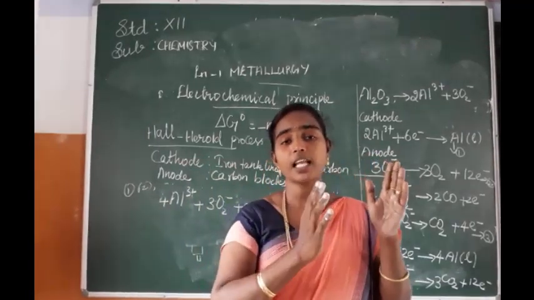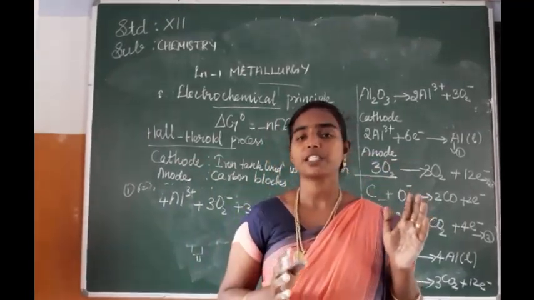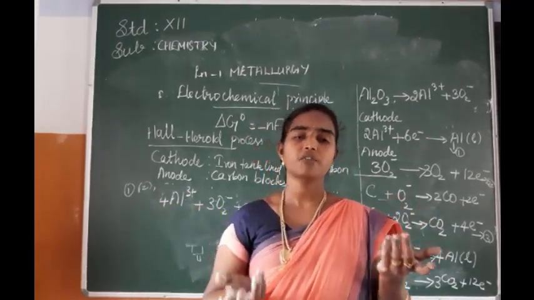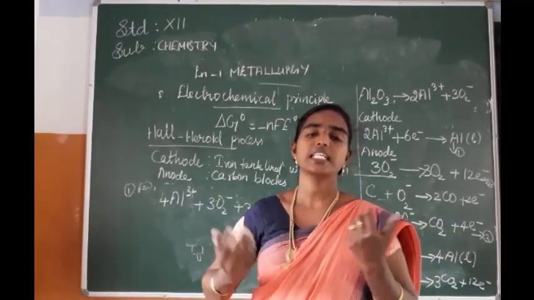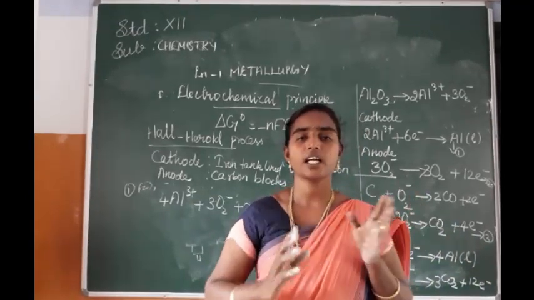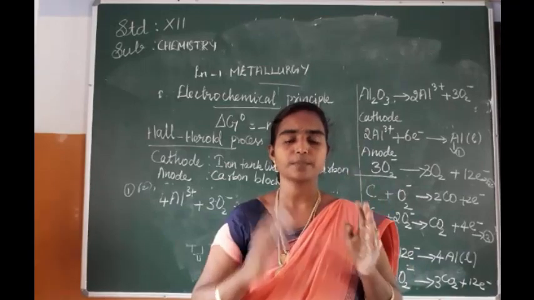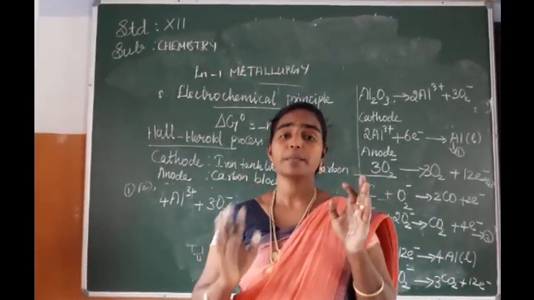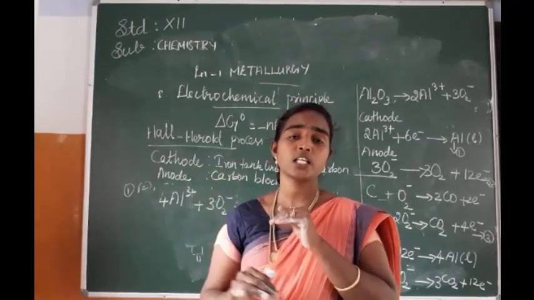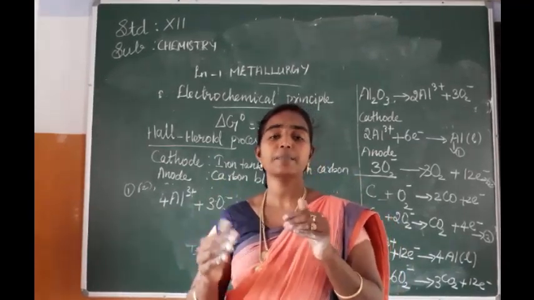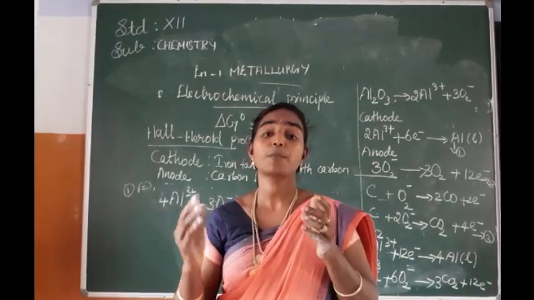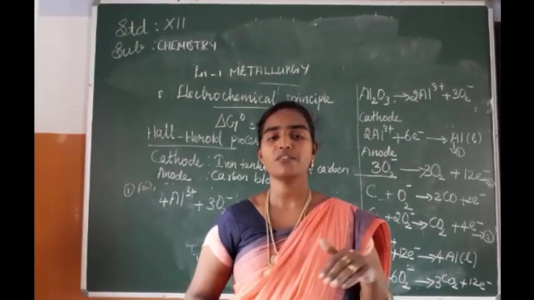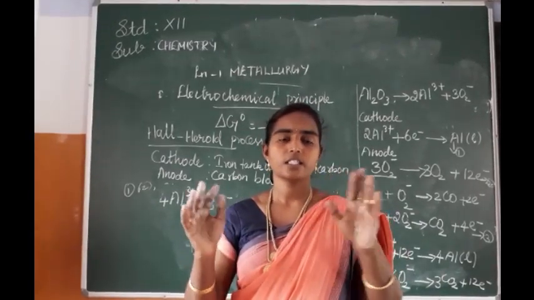What is a mineral? It is a naturally occurring substance from which metal can be extracted, maybe in the form of oxide, sulfide, silicates, etc. Bauxite and china clay are the minerals of aluminium. 2 points. On the right hand side, when you are writing ore: ore is also a mineral. It contains a high percentage of metal from which metal can be extracted economically or profitably. It is called an ore. Example: bauxite is an ore of aluminium. Okay, 2 points. Over.